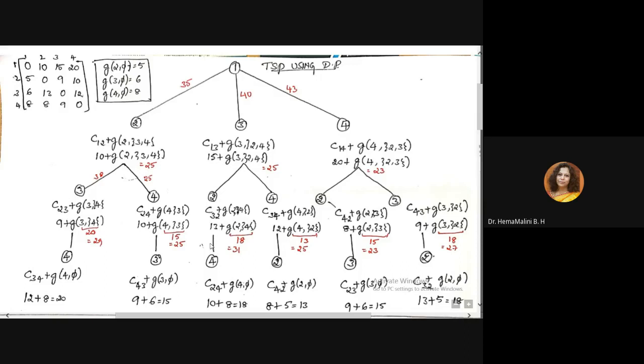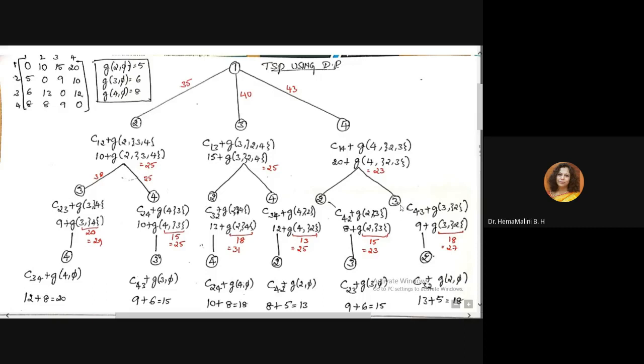When he is going from 2 to 4, it is C of 2 4, he is in 4 now, this is K plus G of 4 comma 5, no more cities available. He has to go back to the source next. Now he is going from 4 to 2, so it is C of 4 2 plus he is in 2 now, G of 2 comma 5. Now when he is going from 2 to 3, it is C of 2 3, so he is in 3 plus G of 3 comma 5.